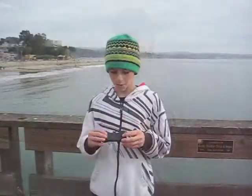So we're out on Capitola Wharf and we are taking pictures with my pinhole camera, and we're trying exposures from 2 to 4 seconds to see what type of pictures we'll get. We have just finished taking pictures with the camera and we are going to go down and get the film developed. But first we are going to rewind the film and take it out so you can see how everything